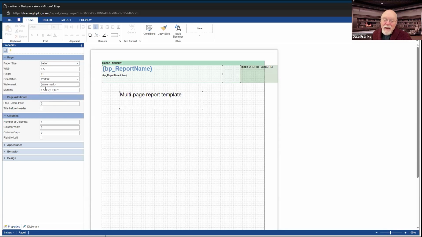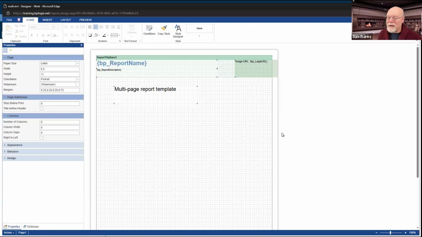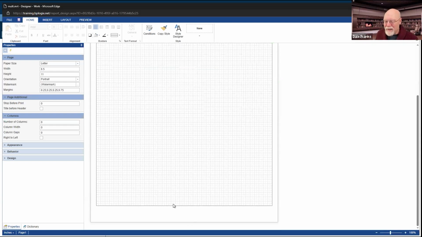Now, technically, on most printers, I think you can get away with 0.25 for the top and for the right. And so that helps a little bit, but 0.75 and at the very least 0.5 is going to be the minimum margin that you can have at the bottom for most conventional printers, because it's too close to the bottom of the page and it has to be fed out of the printer. So you've got to be careful about your margins.